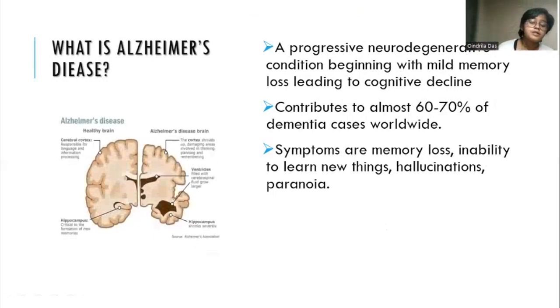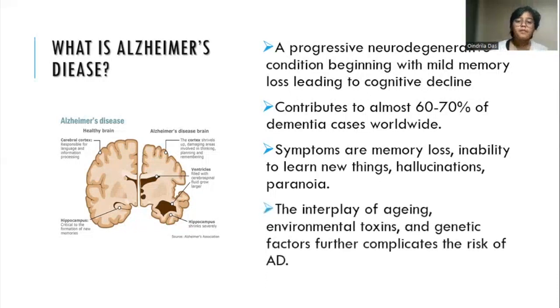What essentially happens in Alzheimer's disease is that the cerebral cortex, which is responsible for language and information processing, shrivels up, and this leads to impaired thinking and planning. The ventricles of the brain are filled with CSF, that is cerebrospinal fluid, which leads to swelling. And the hippocampus, which is responsible for forming new memories, shrinks severely due to the neuronal damage that's caused in Alzheimer's